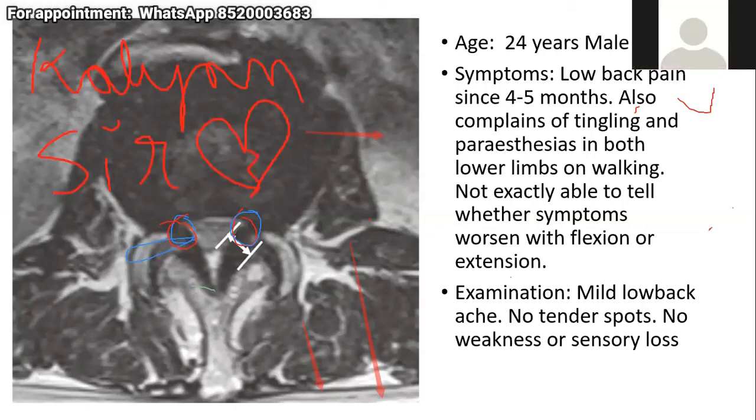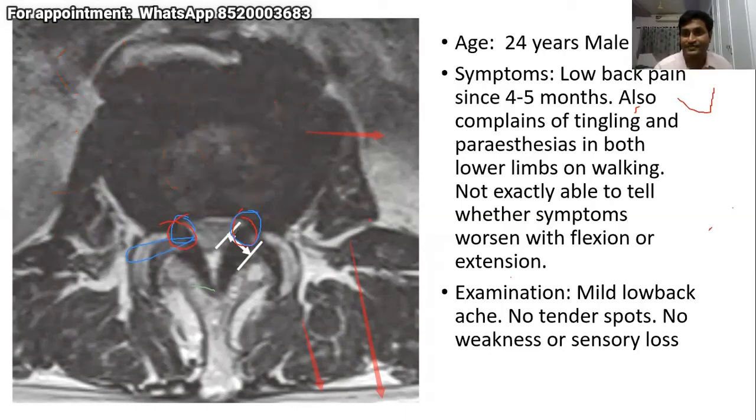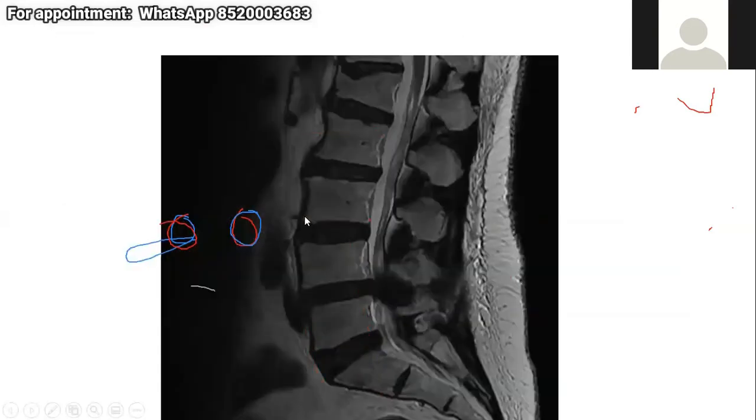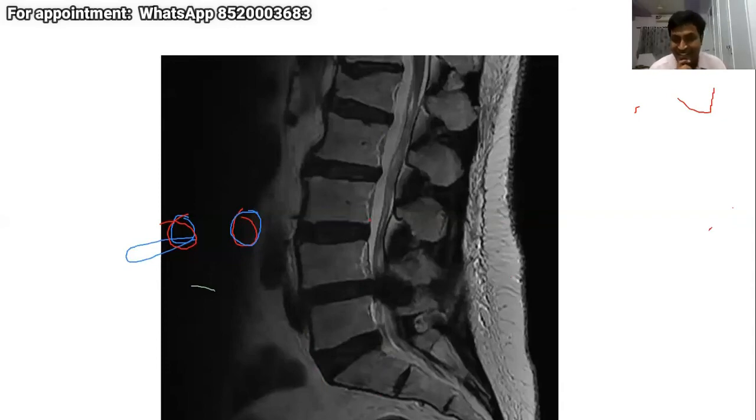Okay. So let's go for the next one. Who is going to try this? And Dr. Fatima, are you online? Yes, sir. I'm here. One thing, okay, I will call you once again. We'll go for the next case where it's more clear. Yeah, Dr. Fatima, it's the same case. Can you read this MRI?